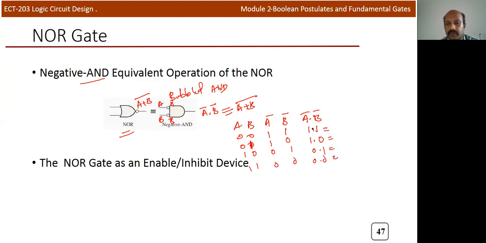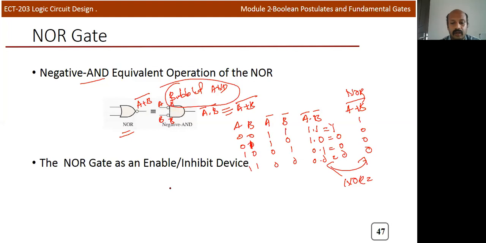And if you perform the AND operation of these particular values, because A bar is written here, so here it is 1. In all other cases it's 0. Okay, which is equivalent to (A plus B) the whole bar. If you take A, B, and the NOR operation, it will be like this. It will be 1. Here it is 0 0 0. So you can see that these two operations are the same. So NOR operation is equivalent to bubbled AND.